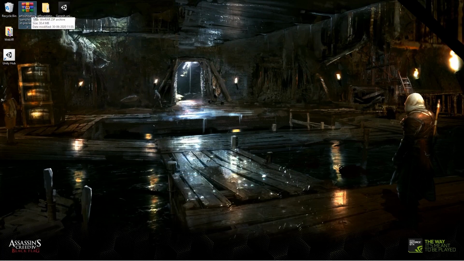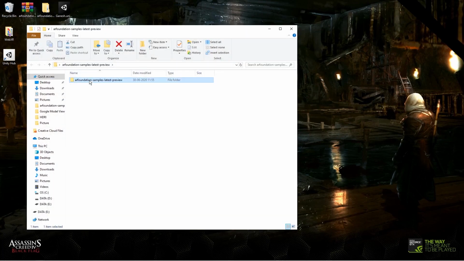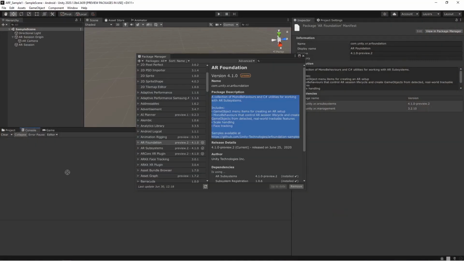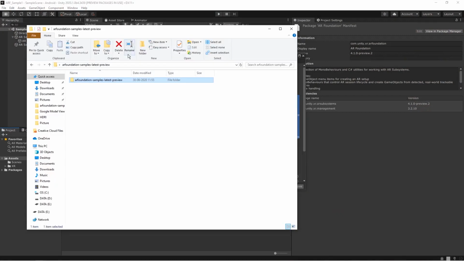I have downloaded it already, so you can unzip it and remove everything other than Assets, which is very much needed for us. Assets are the only folder we need to import here, because the remaining things have the project settings and all, which will sometimes mess up our project. So let's import that into Unity.